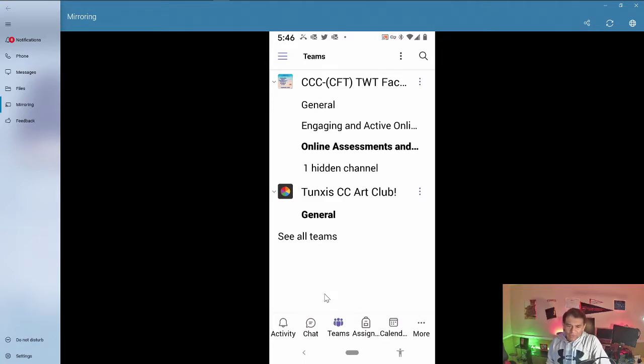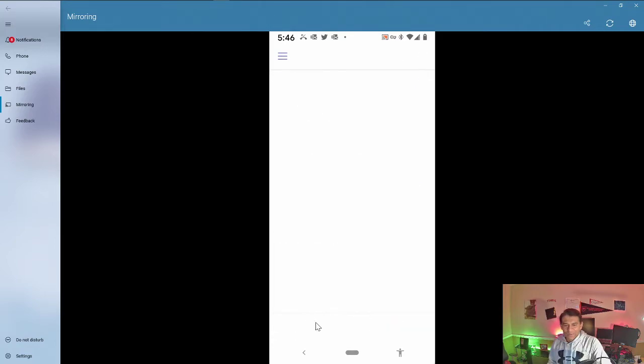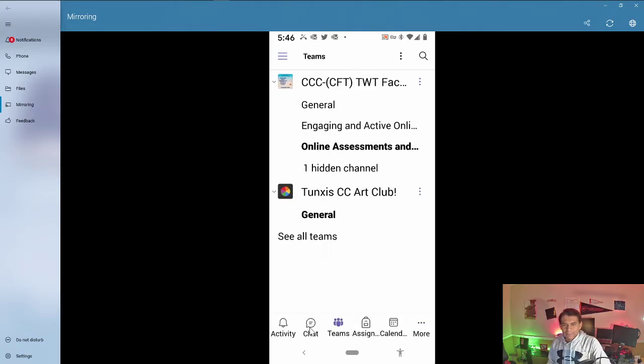So you can download it as an app on your cell phone. You will find it on both platforms, Android and iOS, for Apple mobile devices. And once you do that, you will be able to chat with me. So if you need some help, you can use the chat option. Just look up my name, and then you will be able to send me messages in real time. I have my phone with me most of the time, not 100% of the time, but most of the time. So I may be able to respond to you.